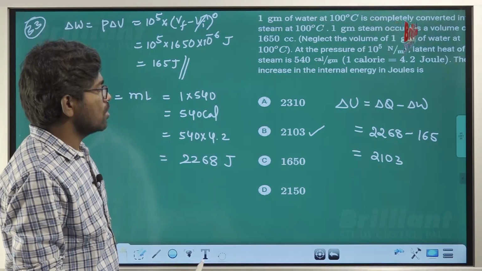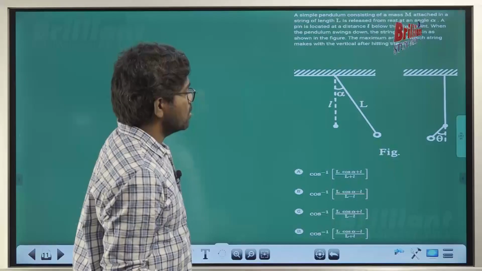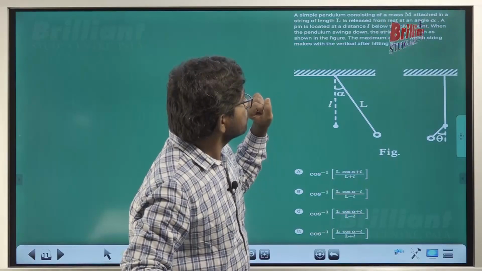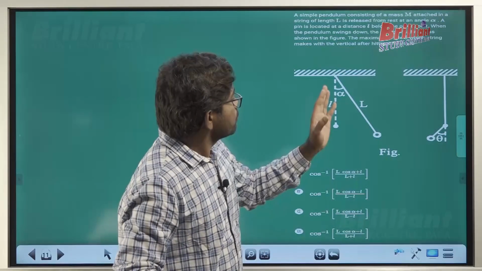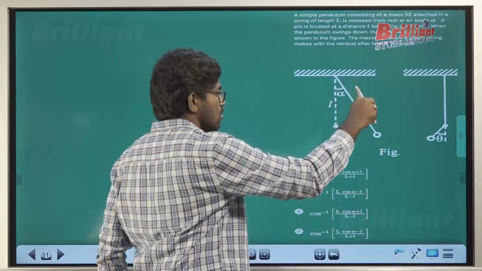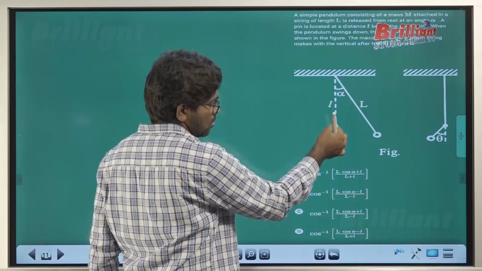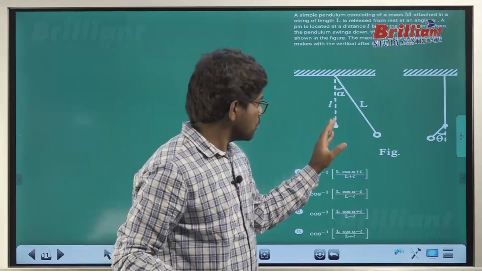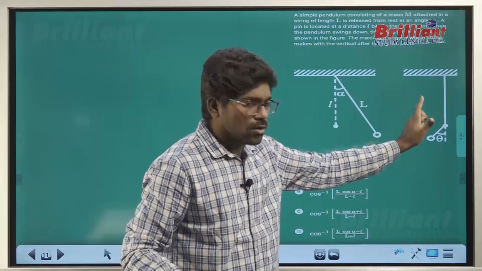Right. Now, let's look into another question. Simple pendulum, mass is connected. So, total length is L. Here there is one pivot. Pivot point is there somewhere here. Then after heating this, it will come like this. After heating here, some portion only will go like this, right? Because this portion will be obstructed by this pivot here. Then only the remaining portion will go, right?